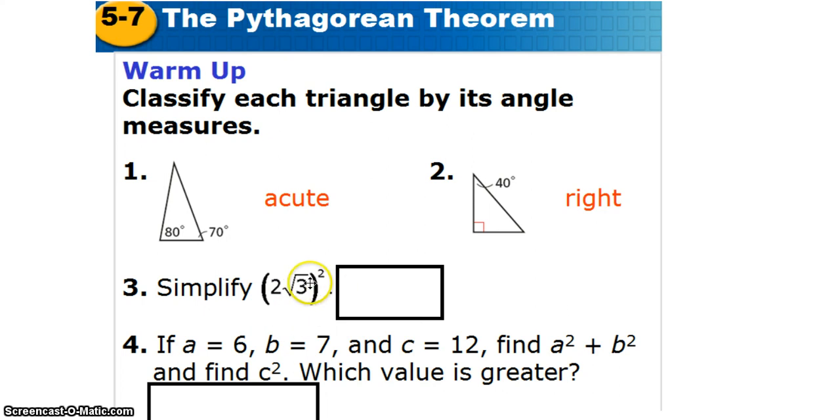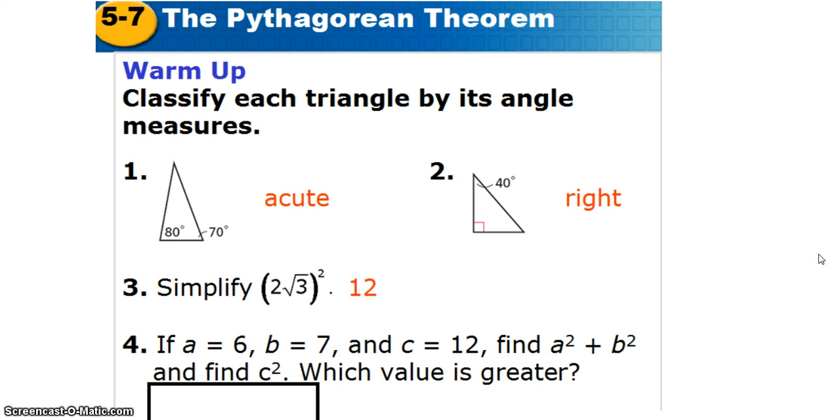Simplify this expression. 2 squared would be 4. The square root of 3 squared would be 3, so 4 times 3 is 12. Good. And if a equals 6, b equals 7, c equals 12,